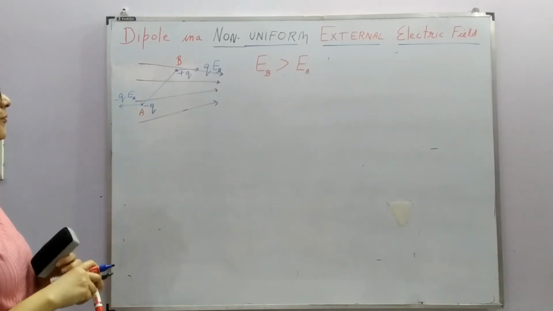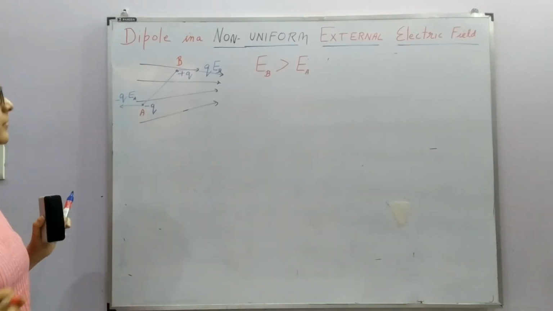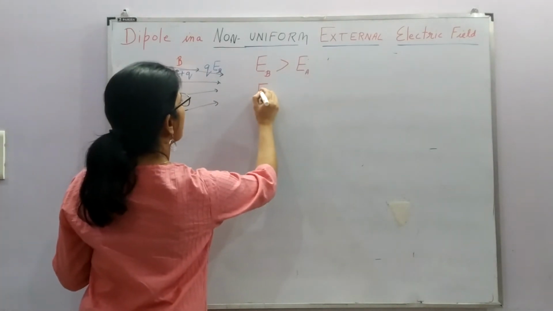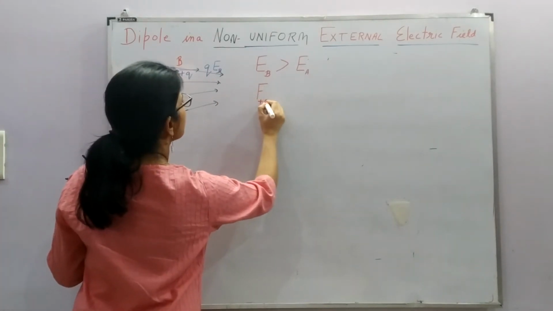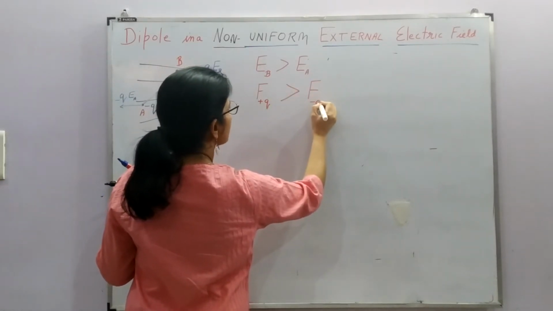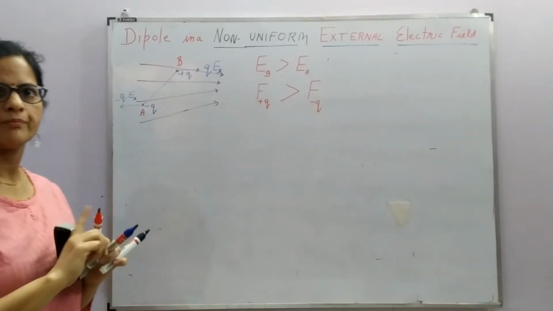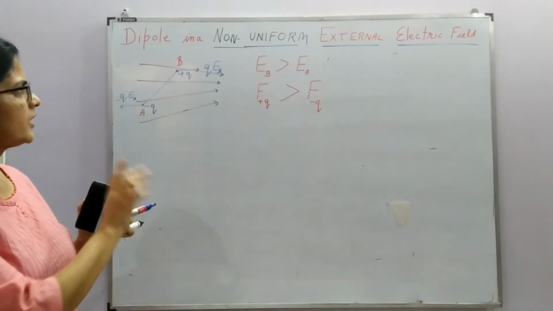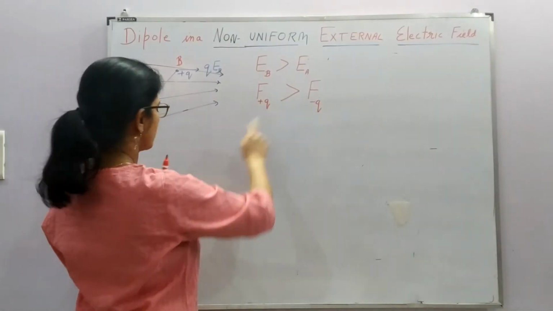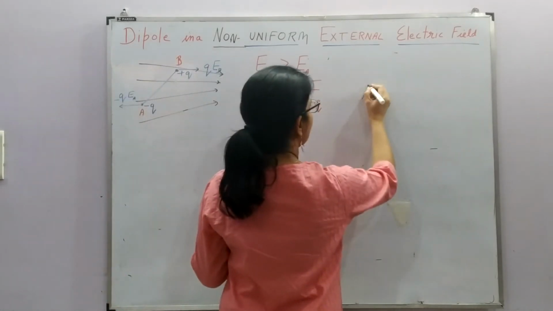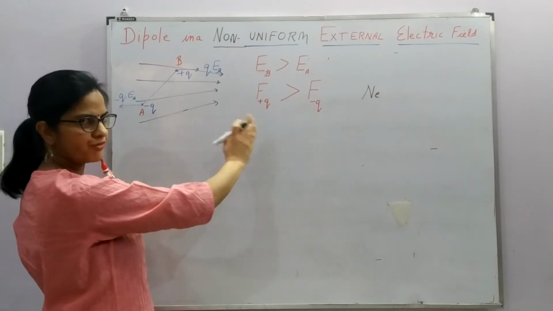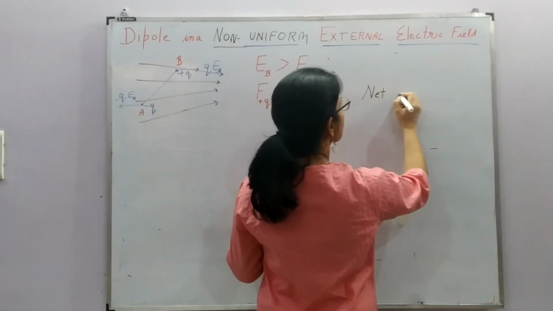So from here, which force is greater? We know that electric field at B is greater. So force on plus Q charge is greater than the force on minus Q charge. These are not equal. So here there will be a net force on this dipole because F plus Q is greater. So net force will act in the direction of increasing electric field. This side the electric field is more. So net force